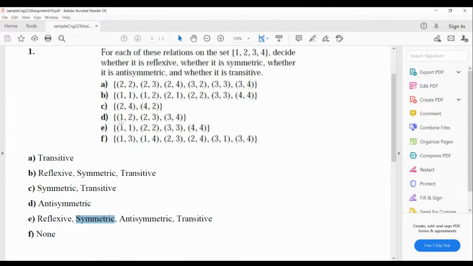Let me give you another counter example like in part F. So (1, 3), I check which ones have 3 as the first component: (3, 1) and (3, 4). Okay, so (1, 3), (3, 1). So (1, 1) should be inside the set, but it's not. As soon as you find one counter example, it's good enough to say this relation is not